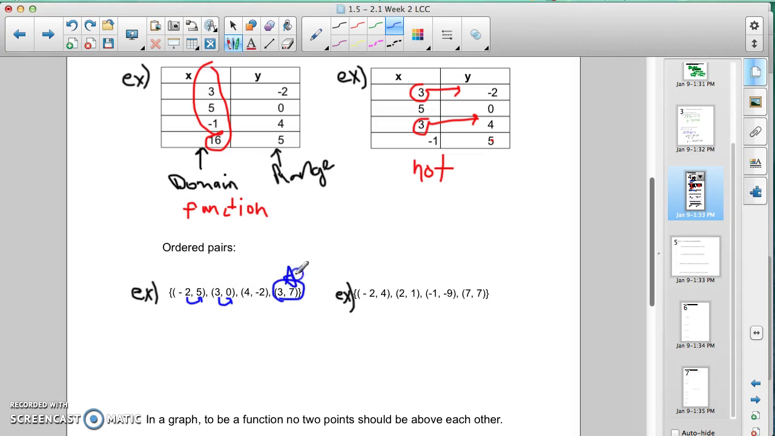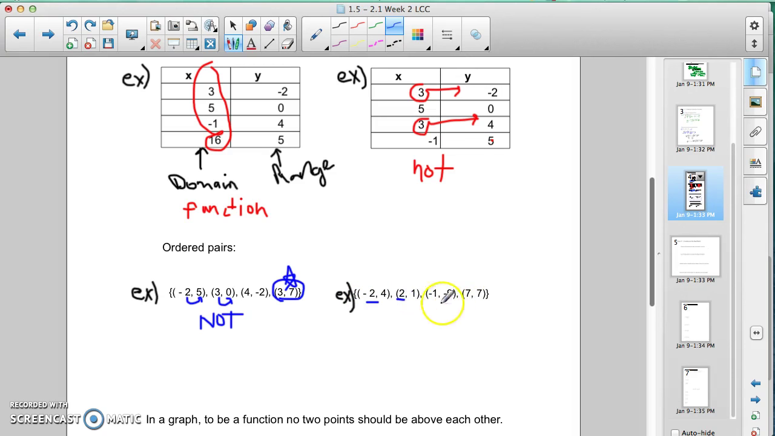This is not a function because 3 is sent to 0 here and 3 is mapped to 7 later on. So there's not one answer for 3. So this is not a function because of that 3. Now if we look at this one, we have -2, no other -2 mapped anywhere, 2,